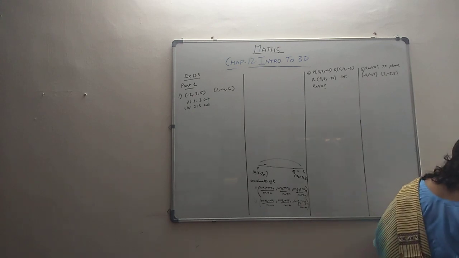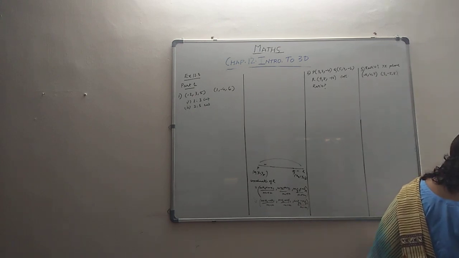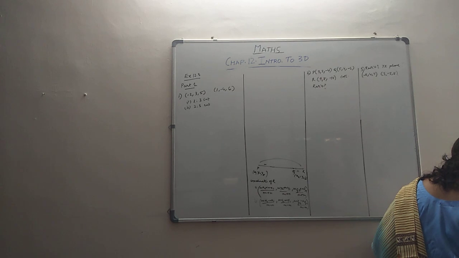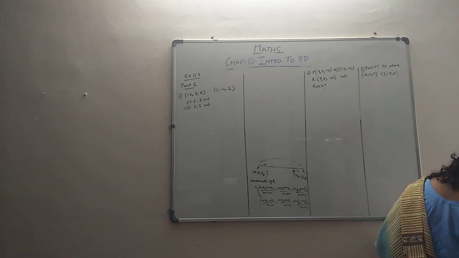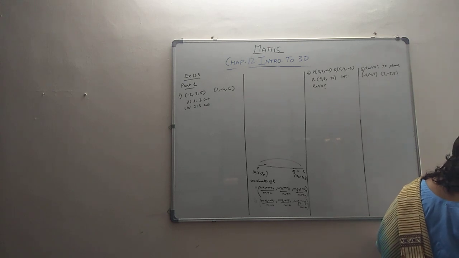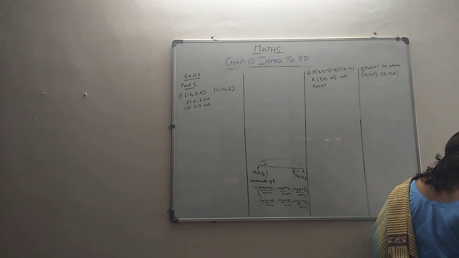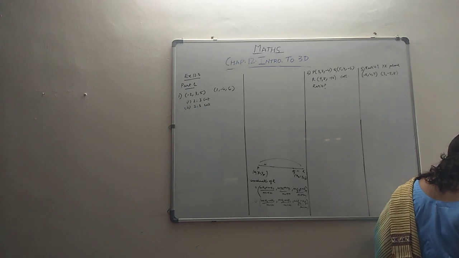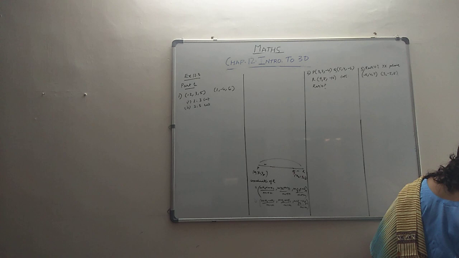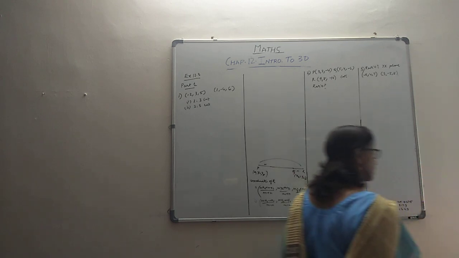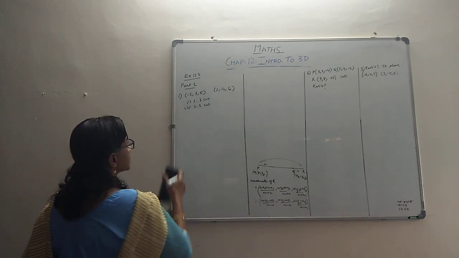I hope we require only that. Then of course, as a part of this we have the midpoint formula also, but we have used it at certain places earlier. For given two coordinates, how we will use the midpoint formula is clear to us. So with that much, I think we can directly start.